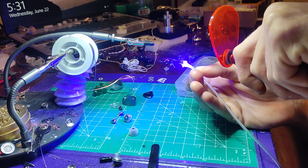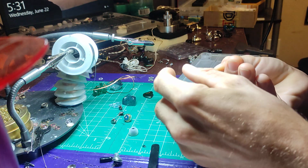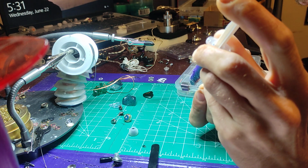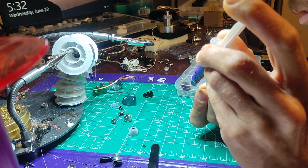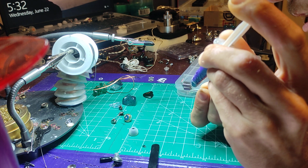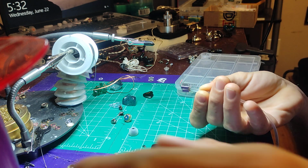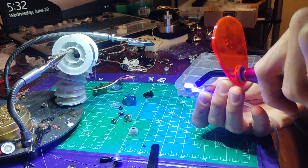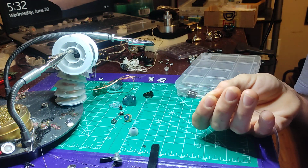We're going to cure it. And then we'll put a little dab on the other side. Sorry, the problem with using a syringe is bubbles come out. Try and pop the bubbles as they come out. Alright,